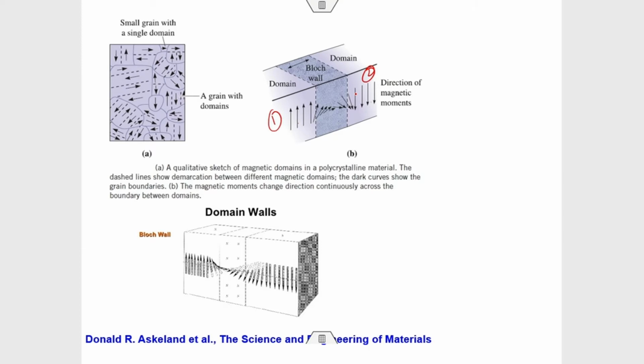Well, that will be very costly, because then you have to have a very long range effect across the whole sample, and that requires the field to be very high or extremely high, which is impossible to achieve. And not only that, because of the magnetic anisotropy effect, the crystalline anisotropy effect, it is not possible. Each grain has a different crystallographic orientation. So that is also not possible, because magnetic spins will always like to align in the direction which is the easy